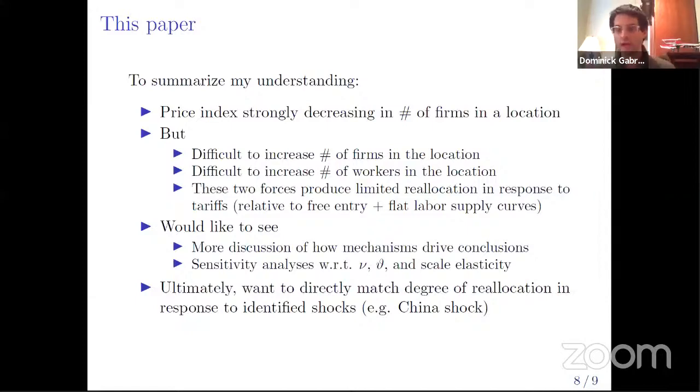So to summarize, we have these strong scale economies in this model, but it's difficult to increase the number of firms in a location because firms are not very willing to reallocate. And it's also difficult to increase the number of workers in the location because we have these upward sloping supply curves. And so in a model that would otherwise produce very strong responses to tariffs, these two features combine to limit the actual reallocation that we see relative to a model without them. And so what I'd like to see is a little bit more discussion of how these mechanisms drive the conclusions and some sensitivity analyses with respect to these crucial supply parameters and with respect to the